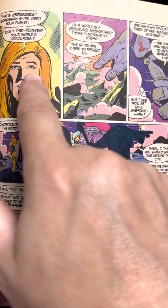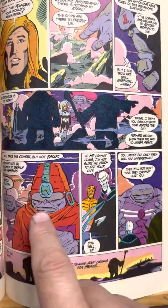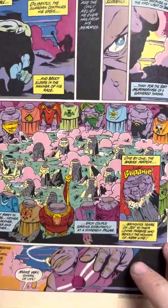So he's like, you let them plunder your world's resources, you let them take your children. He's like, yeah, we're pacifists. And they're kind of disgusted with them. And Brute's like, I told you. And